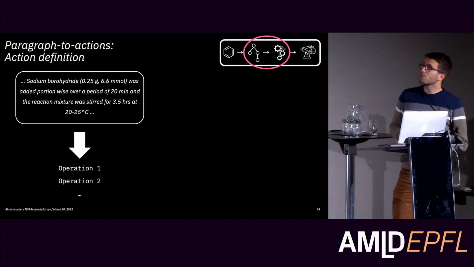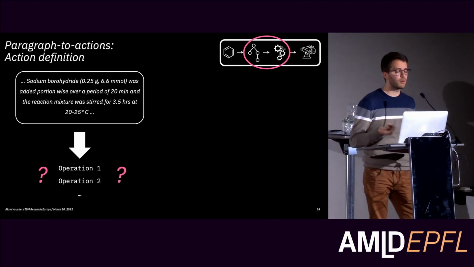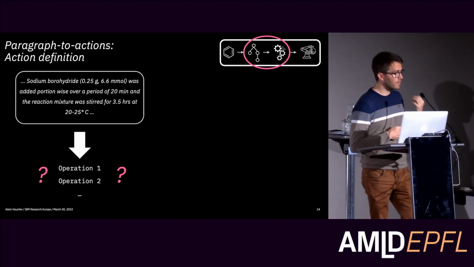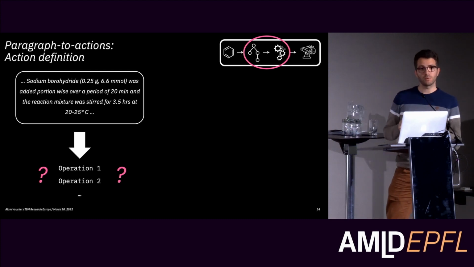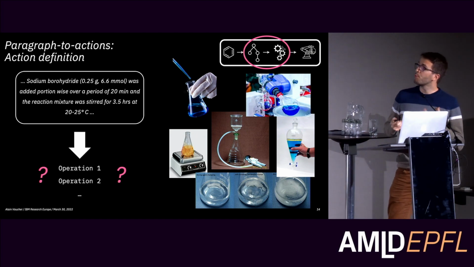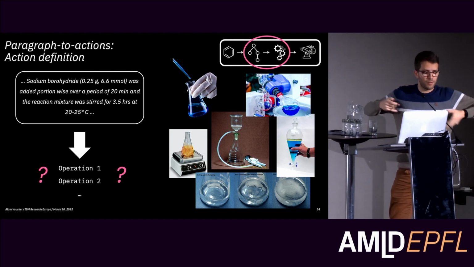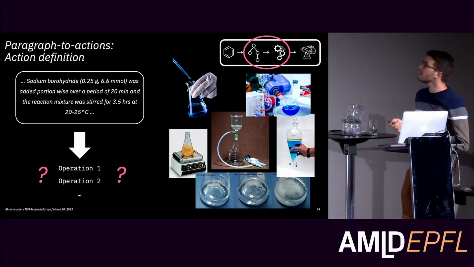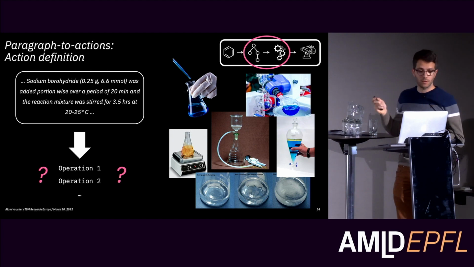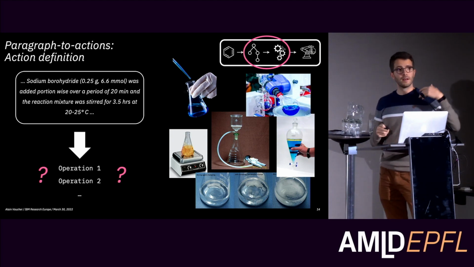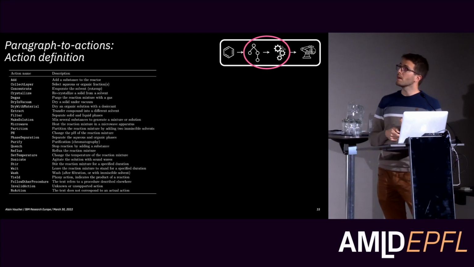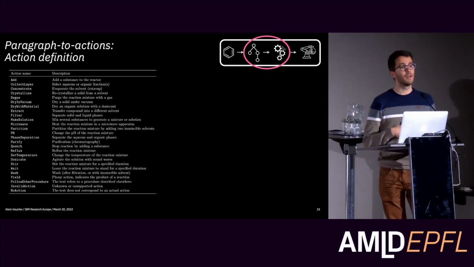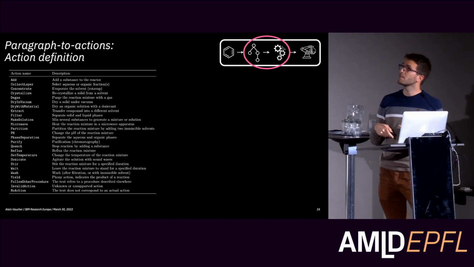So basically what we want to do is to convert some text into operations. And the first question is, what are these operations that we are interested in? And there we really wanted to stay close to the chemistry and have operations that are close to the actions that chemists do in the lab, such as adding compounds, stirring, filtering, extracting, concentrating, and so on. And after a few iterations, we came up with roughly 20 different actions, each of which is associated with a